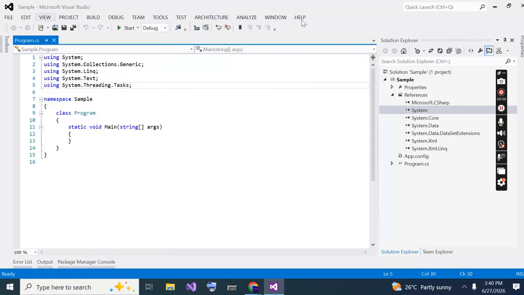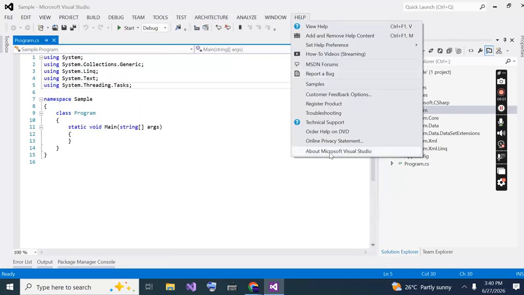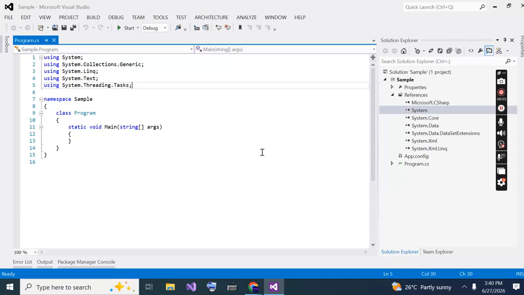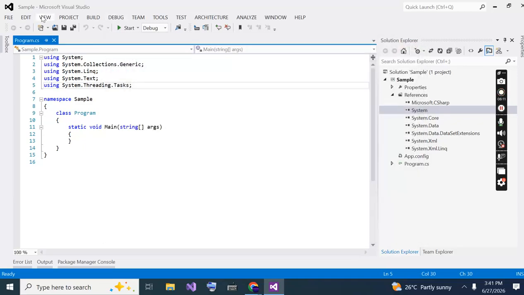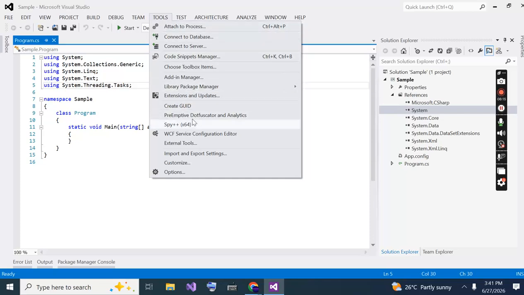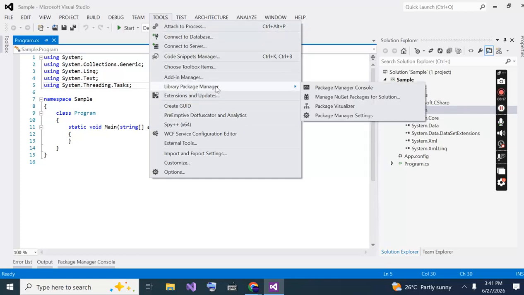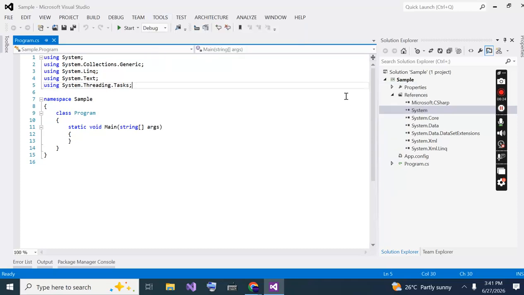Okay, let me see which version I am using. Maybe 2012, I think I am using 2012. So you guys are using the latest software anyway. So there, if you go to Tools, you can see the NuGet packages. You can see Manage NuGet Packages for Solution. So if you click on that,